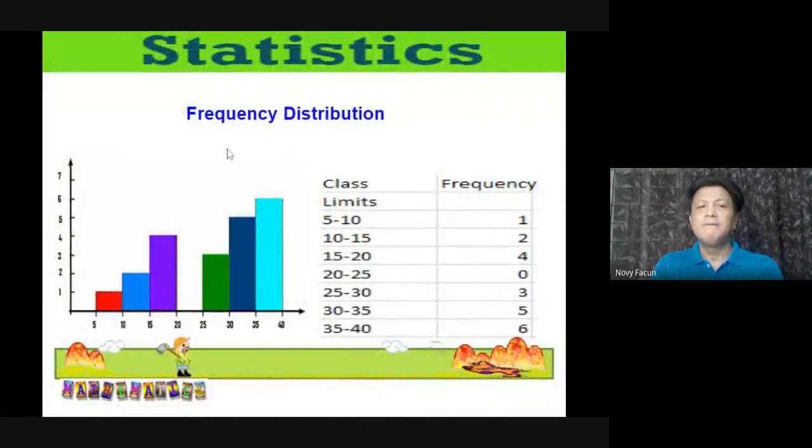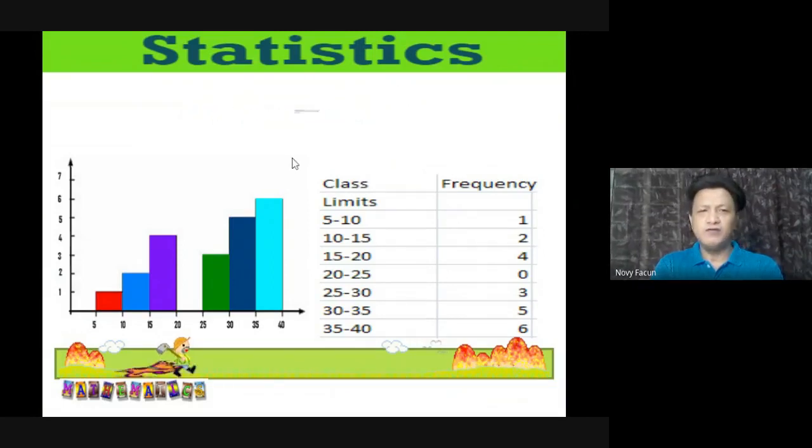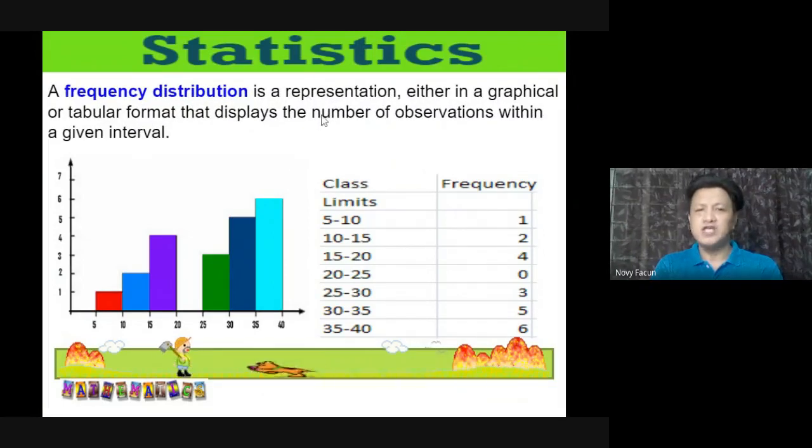So let's start. Pag sinabi natin frequency distribution, di ba? Let's define first. This is a representation either in a graphical or tabular format that displays the number of observations within a given interval. Ibig sabihin niyan, this is a help para matulungan natin yung mga audience natin. This will make us organize and summarize the survey data to make it easy to interpret and understand. Yun yung purpose ng ating